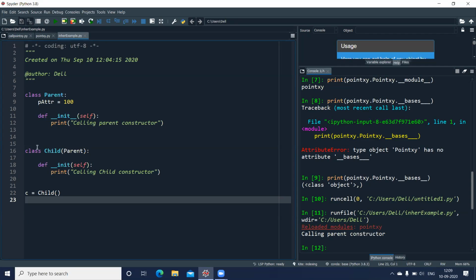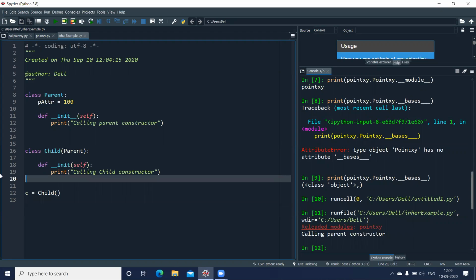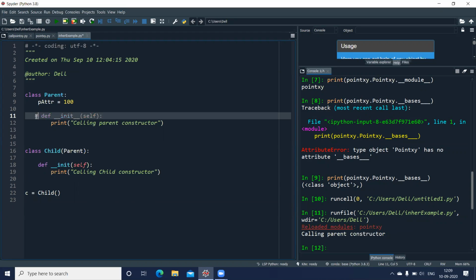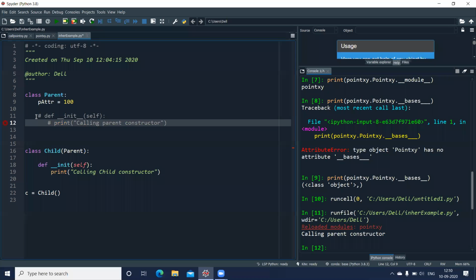That simply means that whenever I inherit the parent class, the constructor gets executed, and if I have written something there, now this constructor is overridden by me. That means if I do not write this constructor also, let us say I do not write this. So I'll mark this as a comment. Even this as a comment. And I have only one attribute in my parent class.